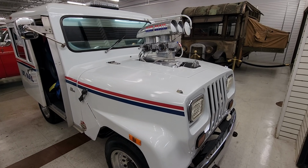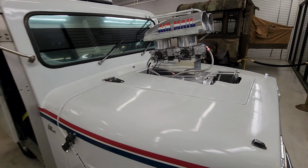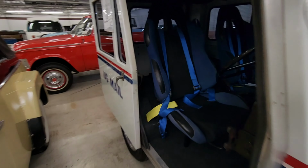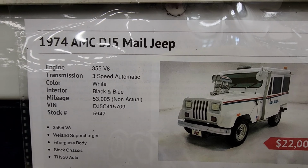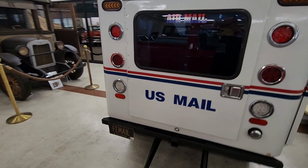I wanted to shoot this mail truck here, just because somebody built this obnoxious thing, blower on it, as you can see, and show you the inside, the race seats and all that in it. But let me give you the details. 74 AMC DJ5 mail truck, and they're asking 22 grand. So if you wanted something different to race or take to a car event,